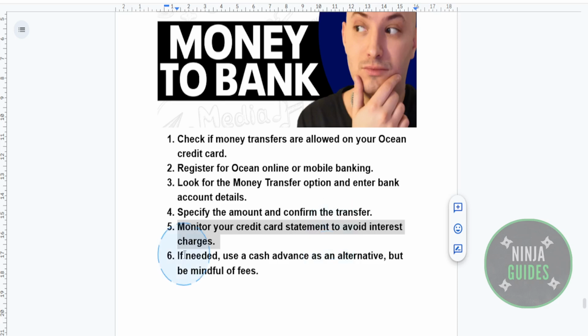And I'm going to give you a pro tip. If your Ocean credit card doesn't support direct transfers, you want to consider withdrawing cash